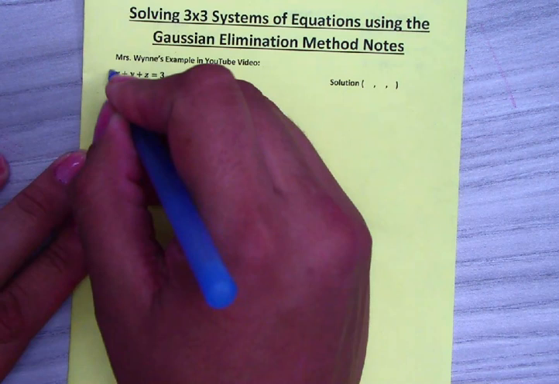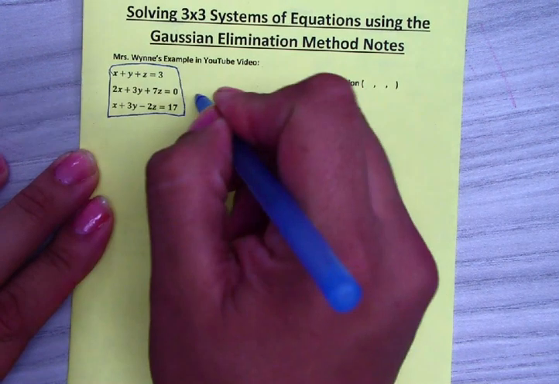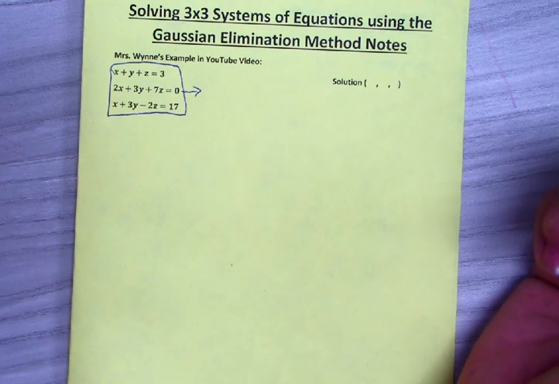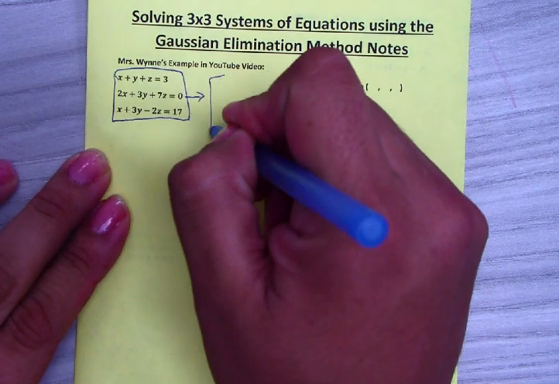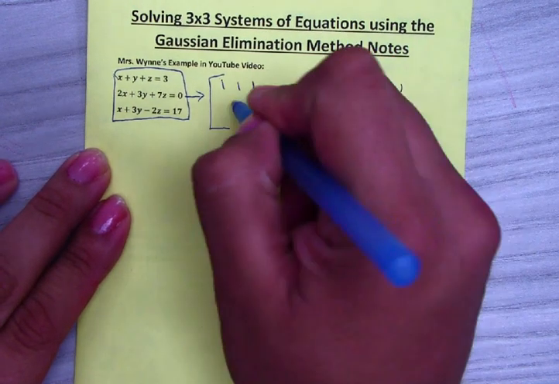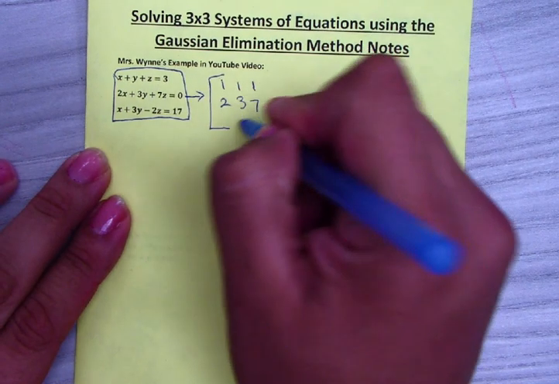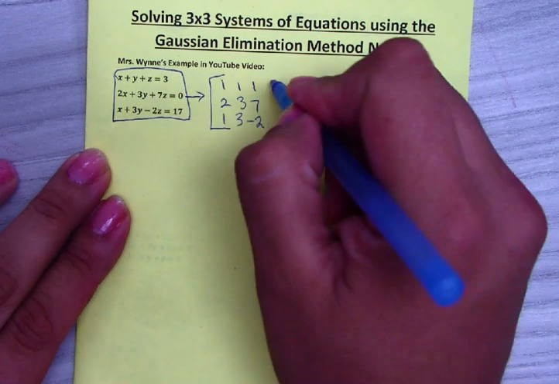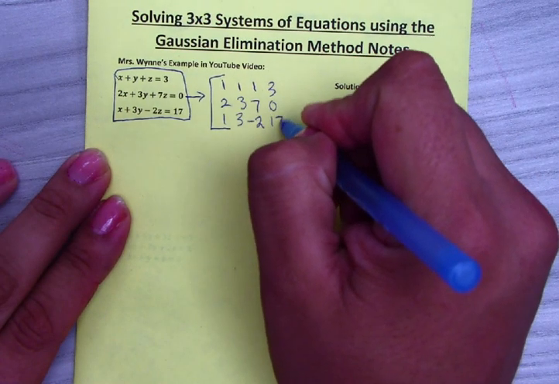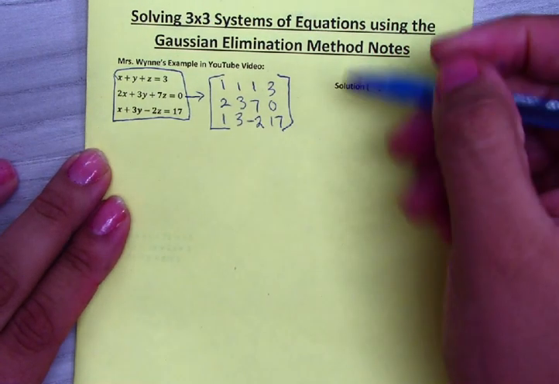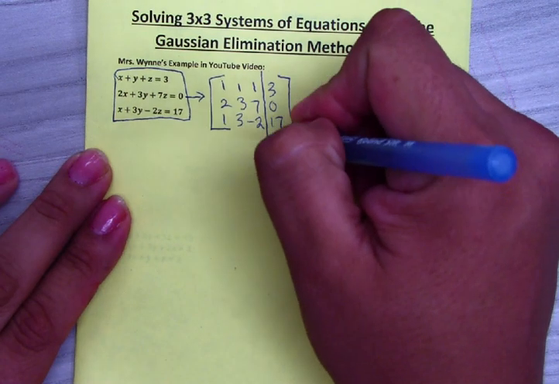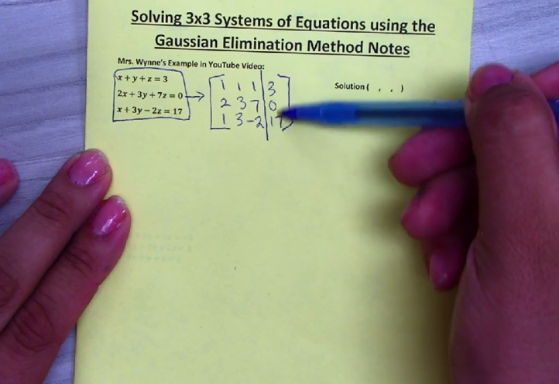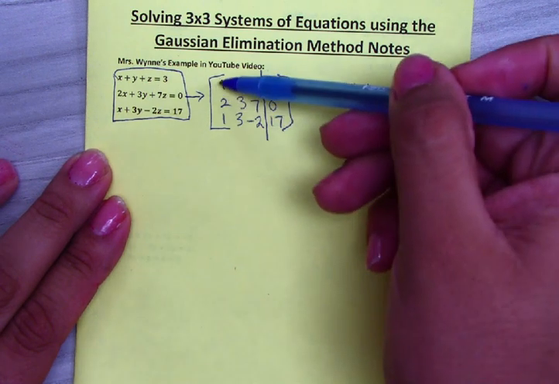For example, the system of equations has to first be converted into an augmented matrix, which is just writing the coefficients. So 1, 1, 1, 2, 3, 7, 1, 3, negative 2, but also the constants. So 3, 0, 17. Usually the matrices also have a vertical line here, and that just represents the equal sign. That way you know that these numbers on the right side are the constants, and these numbers on the left